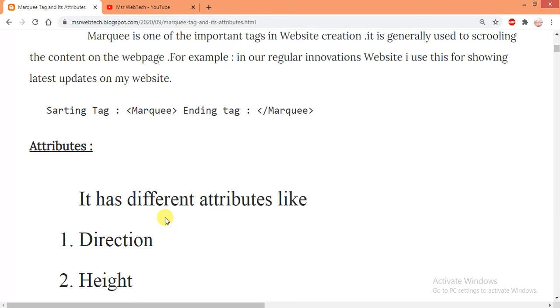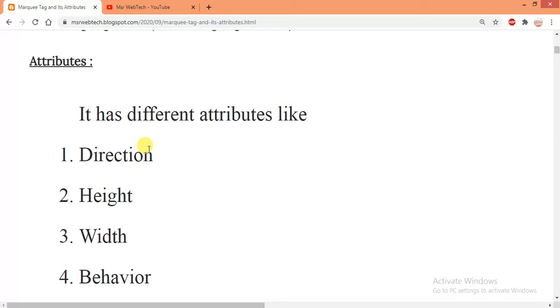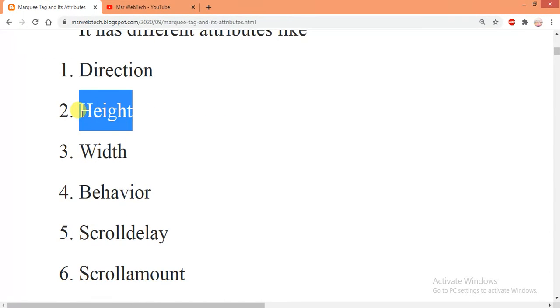Generally each and every other tag also has different types of attributes. First attribute is direction. It is used to tell the direction of the marquee. Next attribute will be height. It is used to tell how much size the marquee has. Next, width.